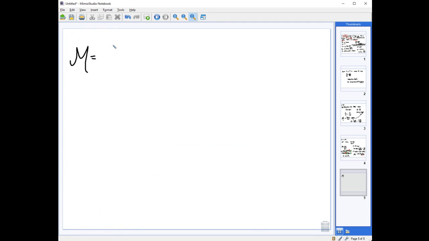Our molar mass is equal to density times our constant R times temperature divided by pressure. And I just manipulated my equation there to end up with this. So, okay, what we can do with this is we can determine, if we know these other things, we can determine our molar mass of a gas,